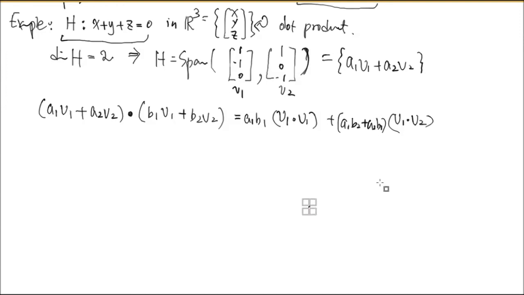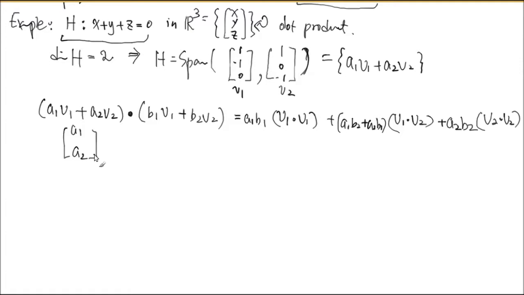How about the last one? Is it v2? v2, right? What is this one? a2 b2. Is that right? That's all that is. So if you remember what this a1 a2 is, this is the coordinate vector of this